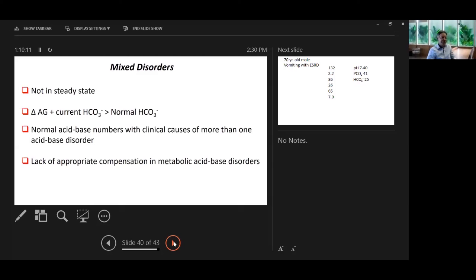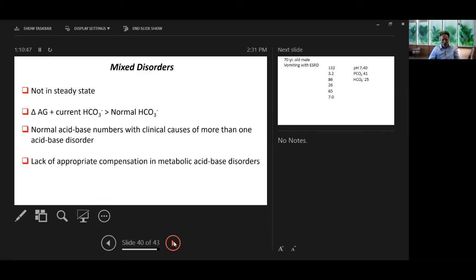For mixed disorders, there's some clues. You can have a mixed disorder when you're not in a steady state. When I showed those graphs over days, in the middle, you're not in a steady state. It looks mixed. There are other clues, though, that you have a mixed acid-base disorder. If you take the delta anion gap and add it to the current bicarbonate and get a number greater than normal, that suggests you have a mixed disorder. You can also have normal acid-base numbers. So the PCO2 can be 40 in a male, bicarb 25. But if you have clinical causes that suggest more than one acid-base disorder, you have acid-base disorders,